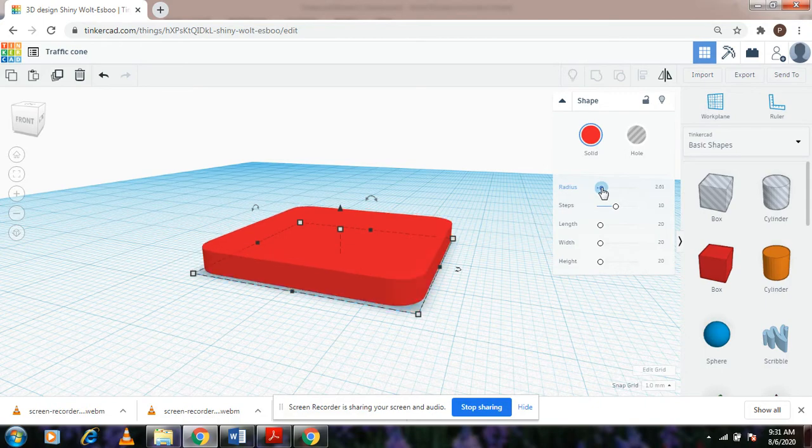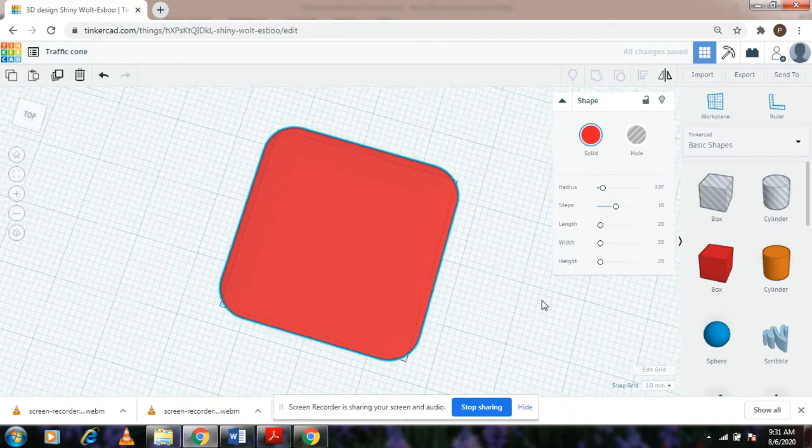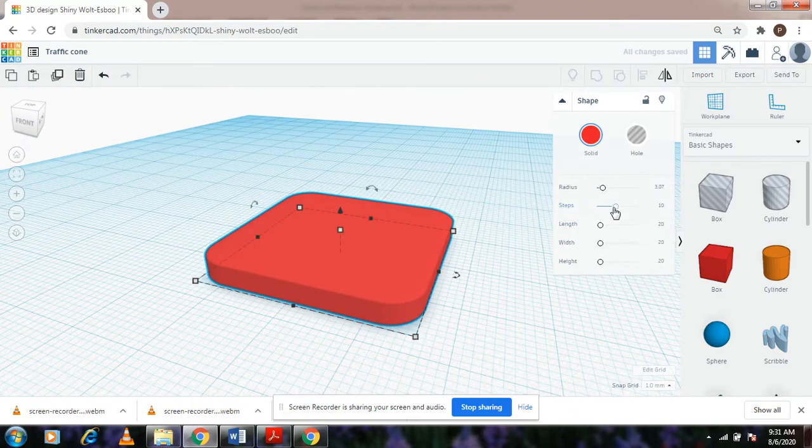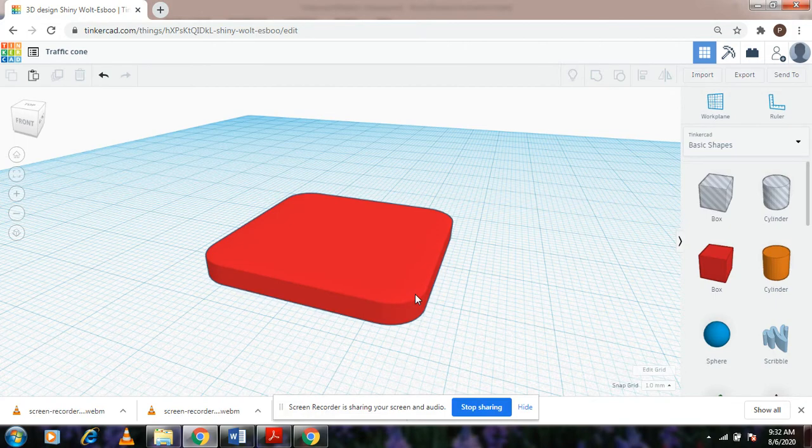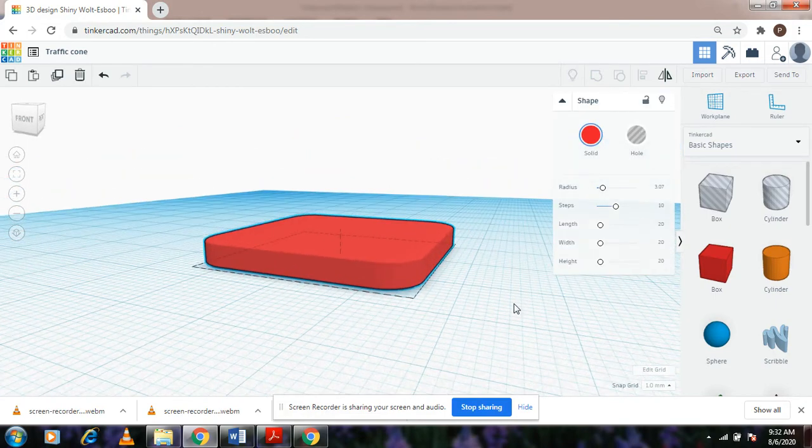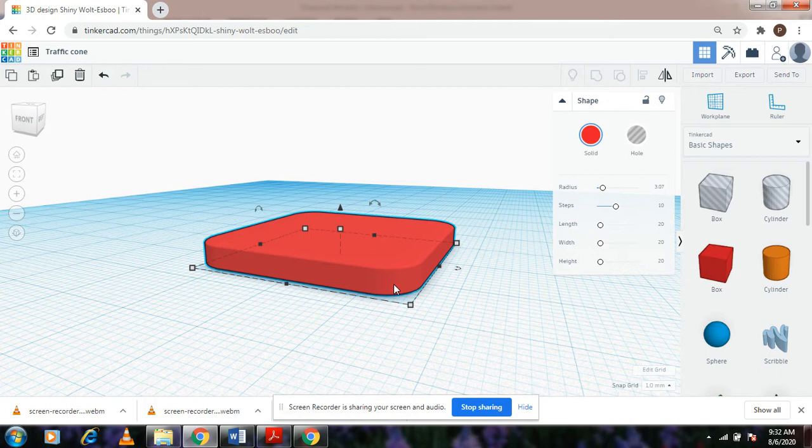So we will just move the slider the right amount of edge that we want to be rounded off. And if you notice that there is steps option also present, so what steps basically do is they define how fine the edges are going to be. If you notice the faintly visible steps you can see on the edges. So in order to have a smoothly printed design which does not have steps, we need more number of steps to essentially give it the rounded off shape.